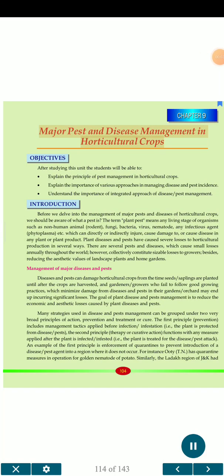Major Pest and Disease Management in Horticultural Crops. Objectives. After studying this unit, the students will be able to explain the principle of pest management in horticultural crops, explain the importance of various approaches in managing disease and pest incidence, understand the importance of integrated approach of disease